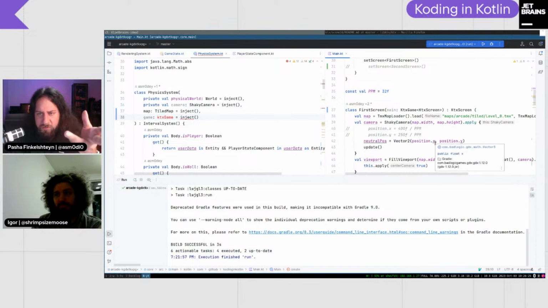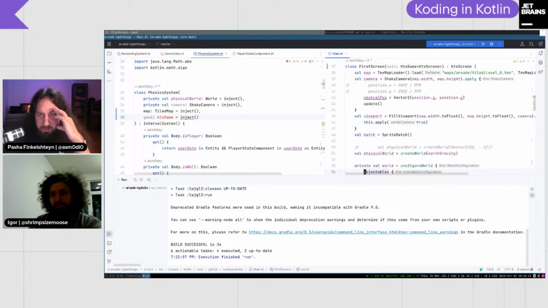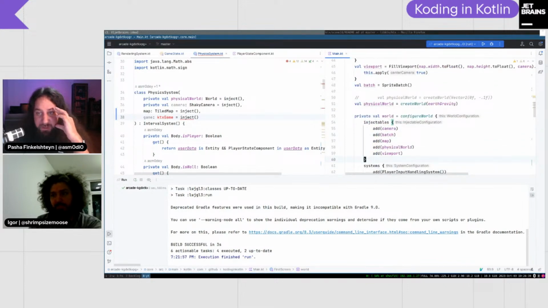You can search by inject. Yeah, injectables. Yeah, you can add. It won't be this, right? It won't be this. It will be, how did we call the argument, main, right? I believe this is it.